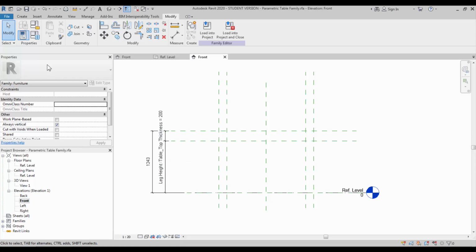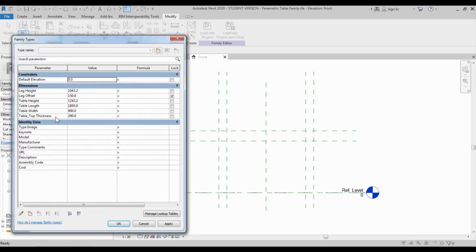Now go to the type parameters and you can assign the formula for the leg height. You can calculate it. Copy the table top thickness and paste it on the leg height formula, and minus. Sorry, not the tabletop again.